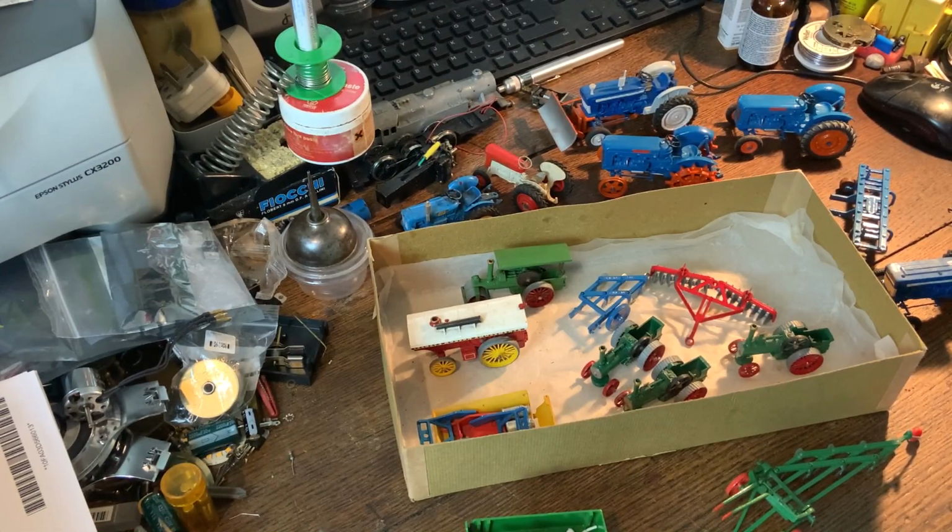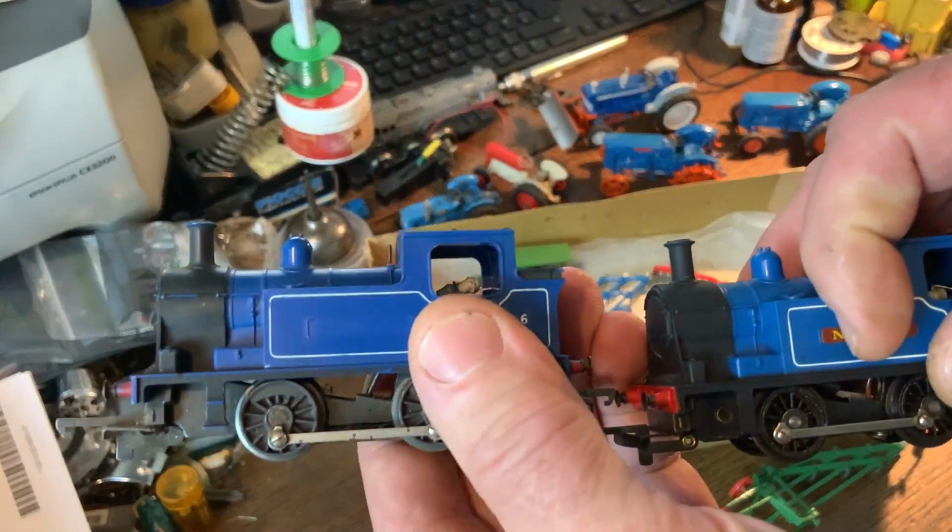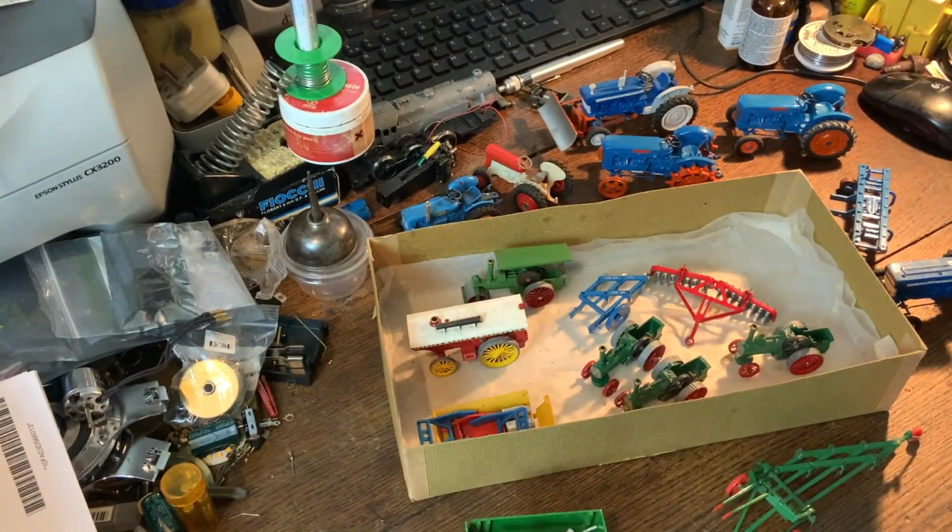Right, well, that about wraps it up for this week. I've got some work cut out getting these double headers sorted out. I hope you'll come back next time to watch them on the layout,